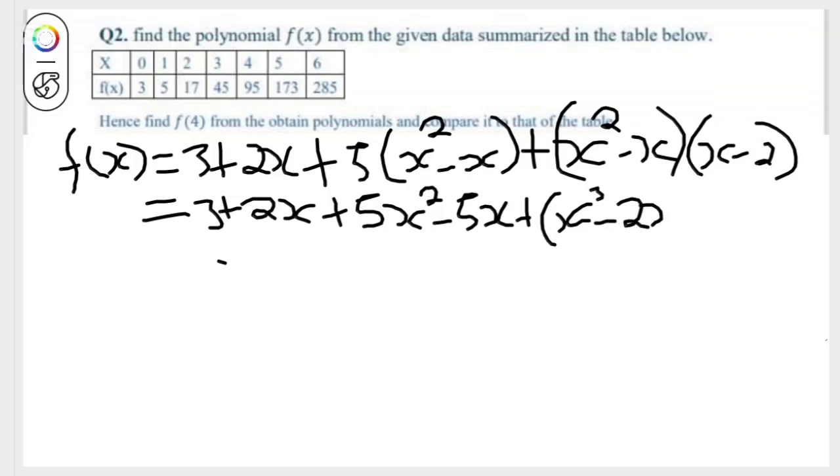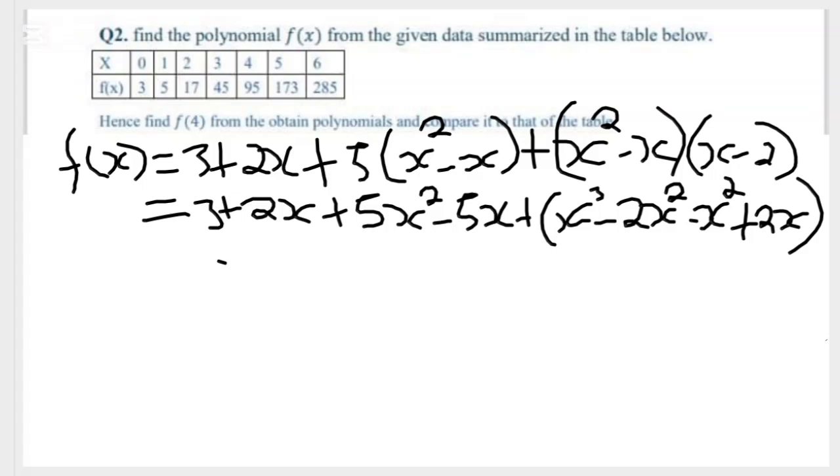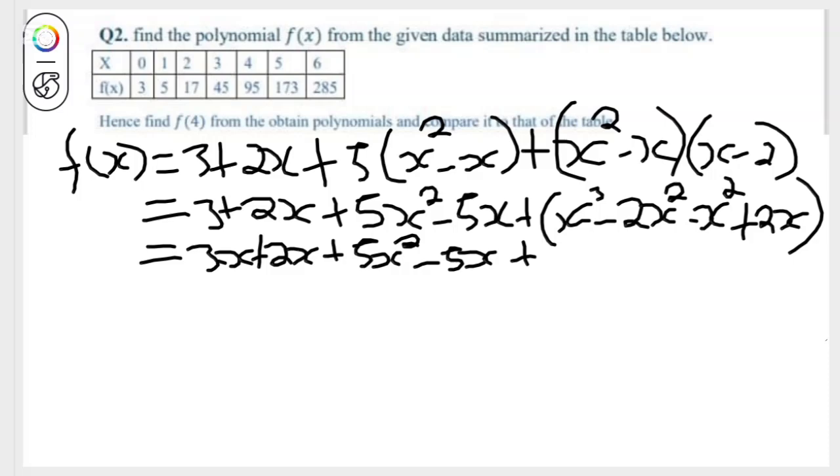So minus 2x squared. This multiplied by this, I'll get negative x squared. So minus what? x squared. And this multiplied by this, I'll get positive 2x. So I'll now say plus 2x. Yeah, so this is the same thing as saying I have 3x plus 2x plus 5x squared minus 5x plus,